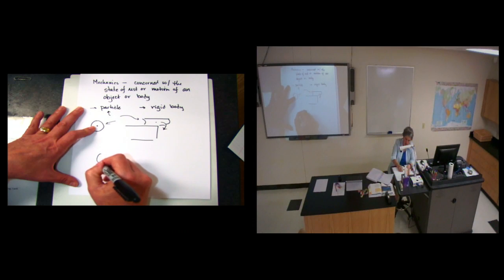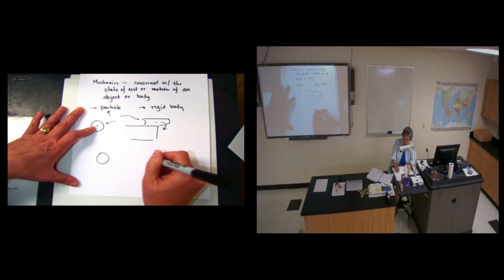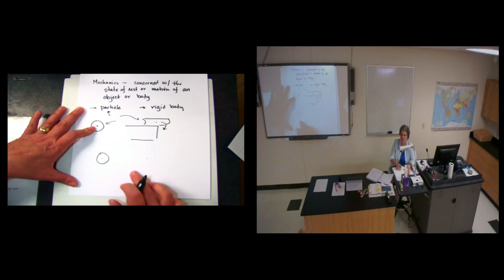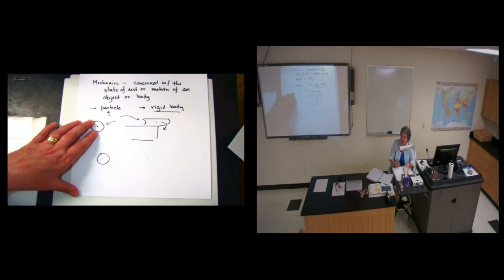The rigid body starts taking into account that I've got an object that is going to have some size and some mass to it, some sort of volume, and the size of the object is going to come into play. We can do a couple of different things, like what we did in statics, where if I have my water tower, I have a shell and a vessel and a funnel coming down here, I could do those three pieces. But now if I'm starting to put this into motion, I've got to worry about other aspects of what's happening that I didn't have to worry about before.